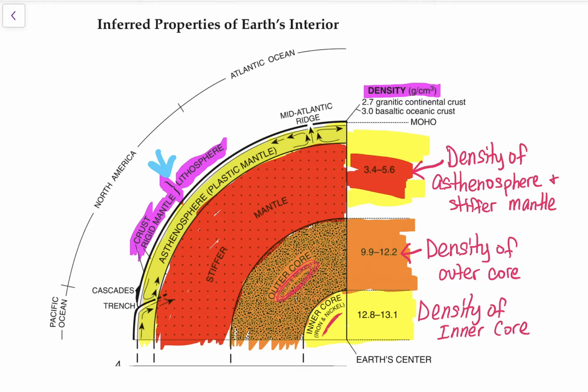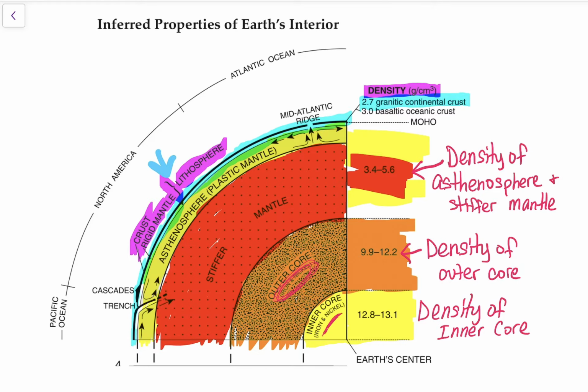Another layer that we need to highlight on here is the crust. We just said the lithosphere was made up of the crust and rigid mantle. I'm going to highlight the crust in blue. Remember, the crust is the thinnest outermost layer of Earth. It's the surface of the Earth that we walk on. We can highlight that in blue. Yesterday, or Monday, we learned that there are two types of crust: continental crust and oceanic crust. Okay, so if we look on the side over here,